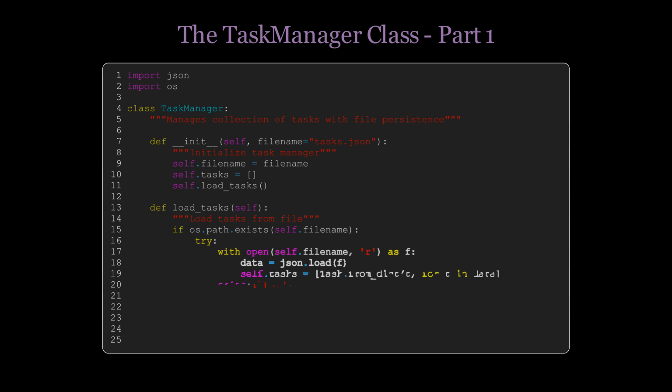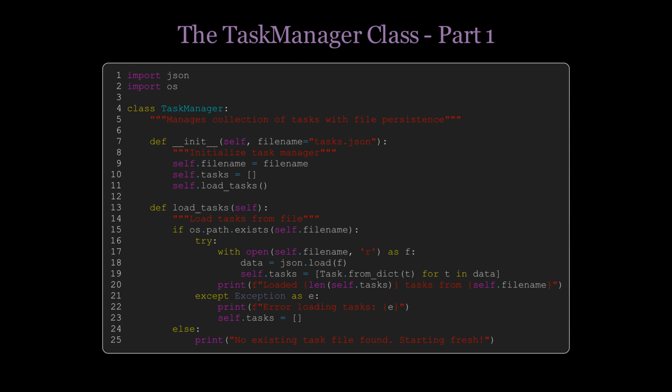We import JSON for file handling and OS to check if files exist. The TaskManager's init takes a file name with default tasks.json. We store the file name and initialize an empty task list, then we immediately call load_tasks to read any existing tasks. The load_tasks method checks if the file exists using